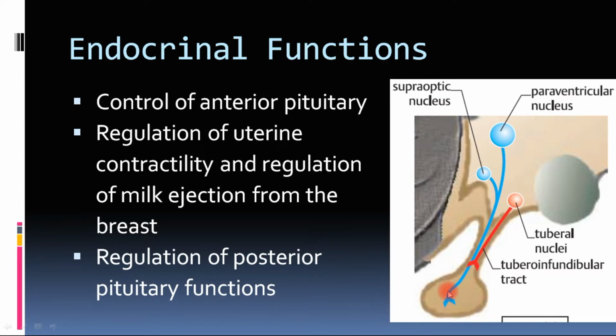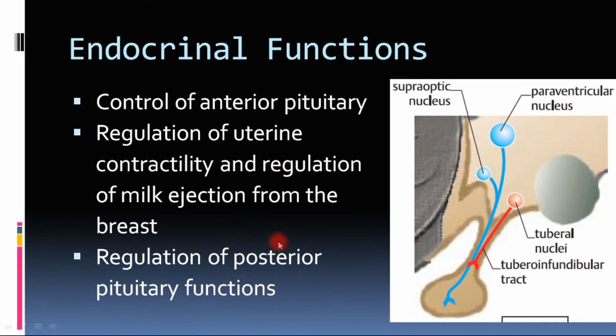So whenever there is an appropriate stimulus, that is the stretch of the cervix, there is release of oxytocin, which then further contracts the uterus by a positive feedback mechanism. Another thing that happens is milk ejection, or the milk let down reflex, which is also a function of oxytocin. Whenever the baby suckles, the stimulation of the nipple causes increased secretion of oxytocin from the posterior pituitary, and then it causes the milk let down, and that is called the milk let down reflex. So that is the endocrine function of the pituitary.